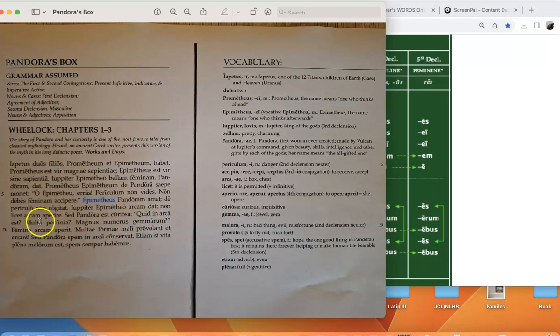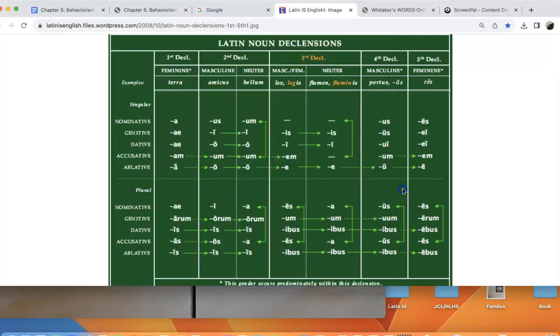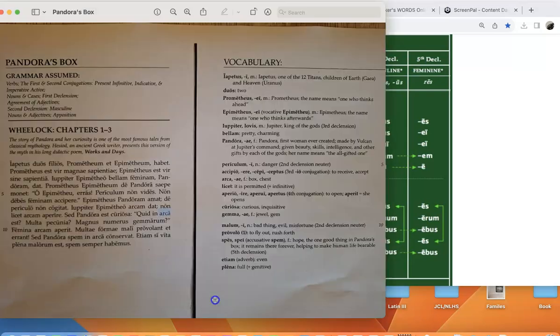So quid in arca es? Important here perhaps is in arca because it is in the ablative. The ablative, as mentioned several times, is kind of the trickiest to learn. But if it's answering where is it, then we're going to need the ablative, and so that's why we have in arca. So what is in the box? And then a lot of money, multa pecunia,